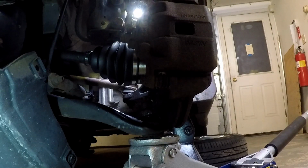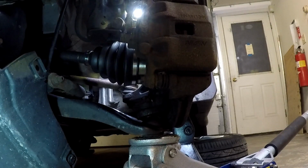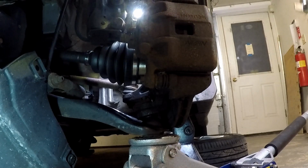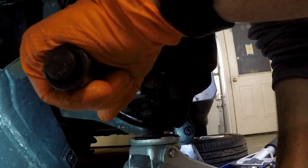Alright, so I got it on there. Looks good to me anyway. 47 to 55 foot-pounds of torque is what it calls for, which is quite a bit. Since I can't get a socket in there underneath the boot and a ratchet, I'm going to have to use a crow's foot. I don't have any metric crow's feet, but I got a 3/4 here. 3/4 is pretty close to the whole 19mm thing, so that's what I'm going to give a shot here, and we hope it works. Get that puppy on there,